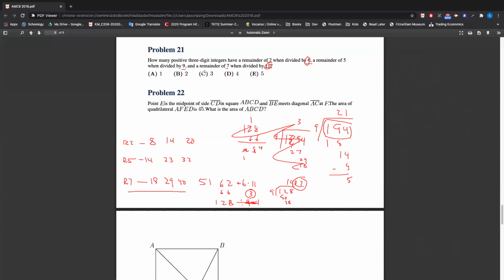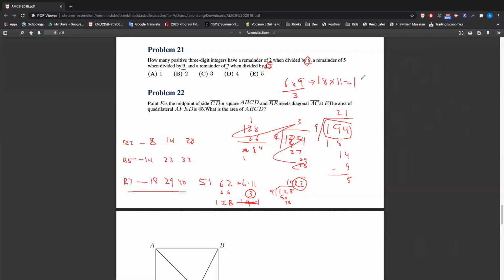Except we don't actually want to multiply all of those numbers. We want to find the least common multiple, so the smallest number that divides all of them. Because 6 and 9 share a common factor of 3, it's not just going to be multiplying them. So you kind of just see that it's 18. Another way you can do it is multiply them and divide by the common factor, which is 3. So we have 18, and we also have this 11,